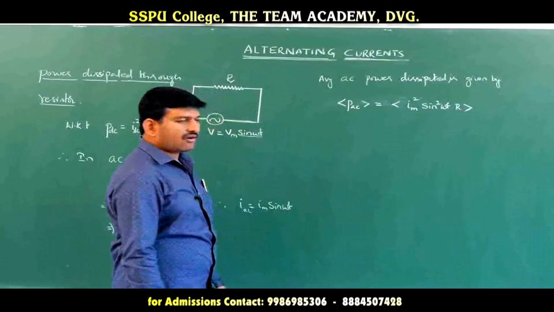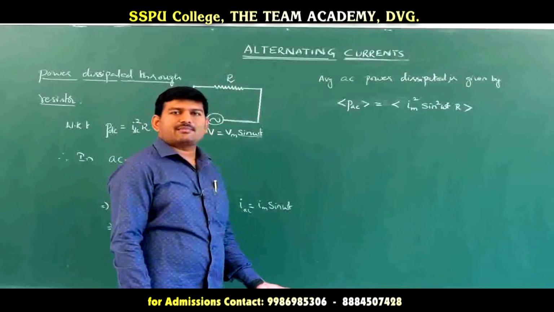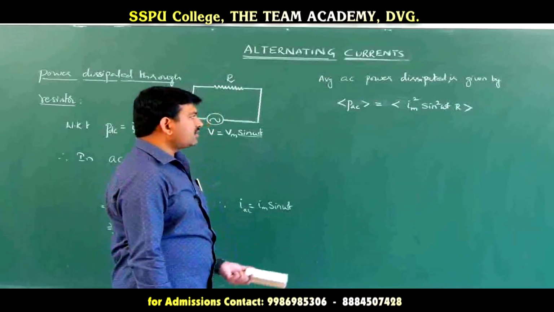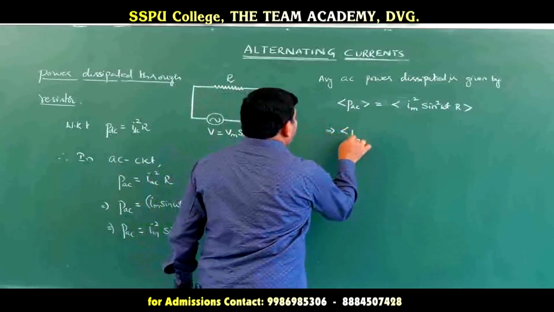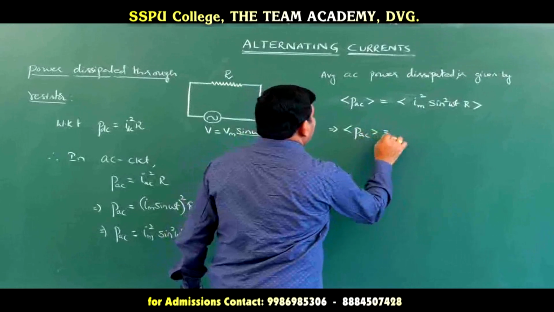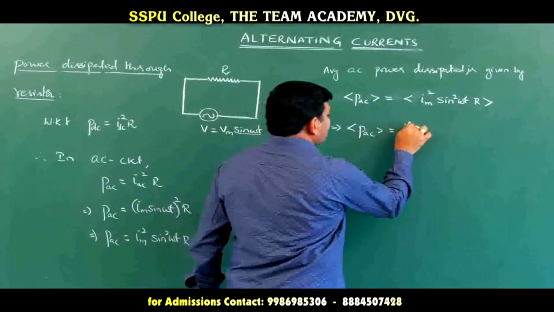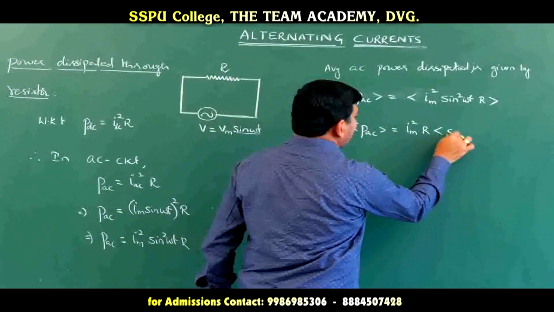Therefore, Im and R are constants, so you can write them outside. The average of constant terms does not change. Now I can write the average AC power is equal to Im square into R into the average value of